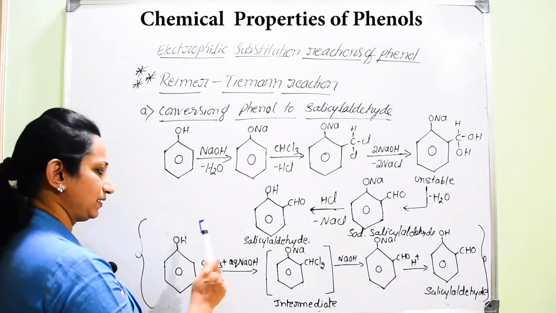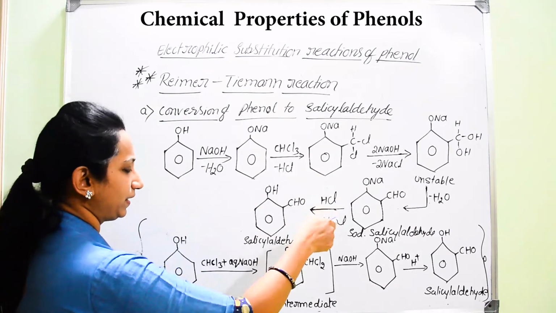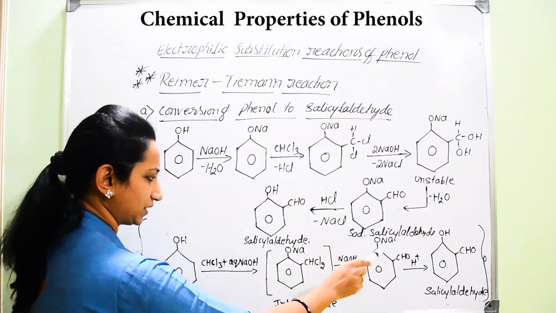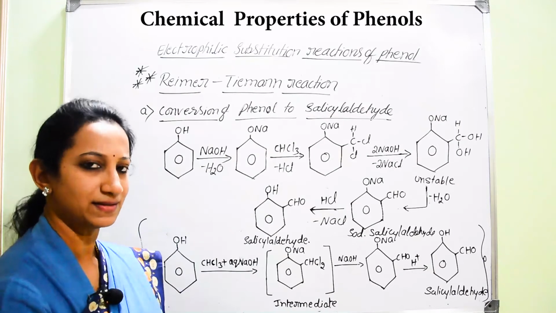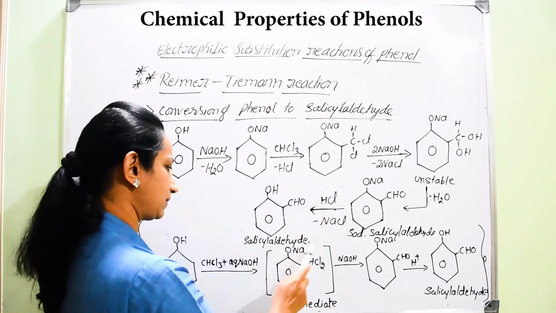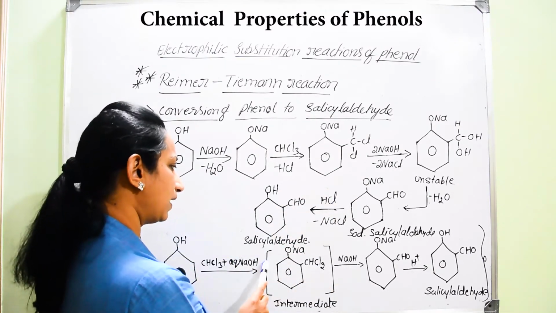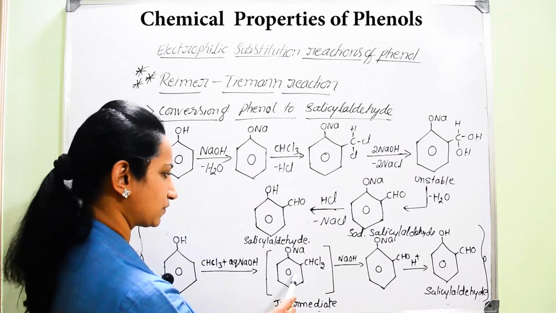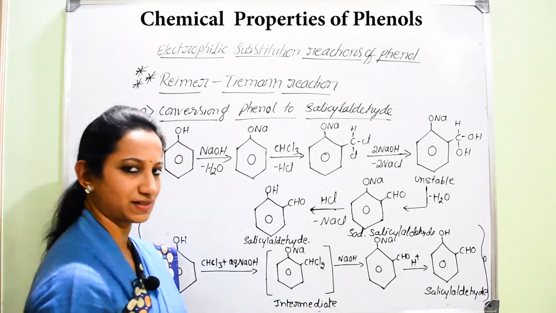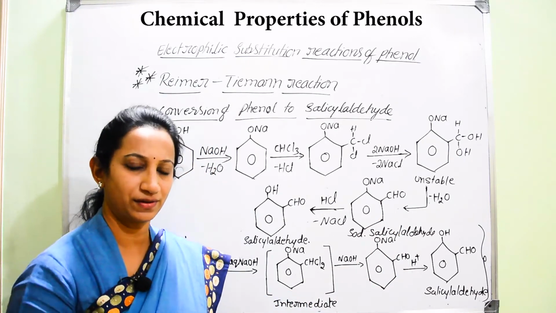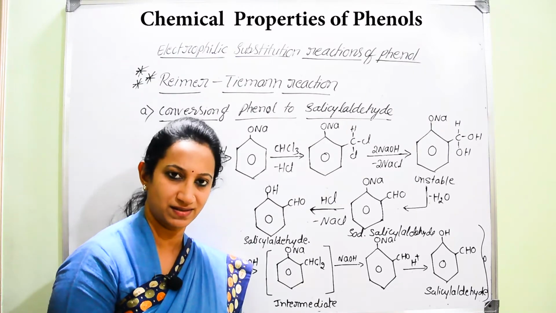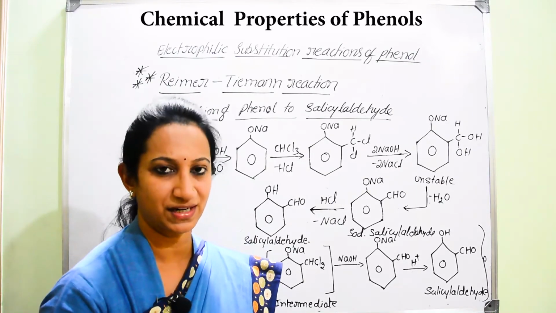You can write either in this format or you can write the Reimer-Tiemann reaction in this format. Both are one and the same, but it includes many steps, but those steps get restricted. Here it is first, it is second and third. 3 steps are required here. So we have to remember, once they ask for the Reimer-Tiemann reaction, what is the Reimer-Tiemann reaction here?